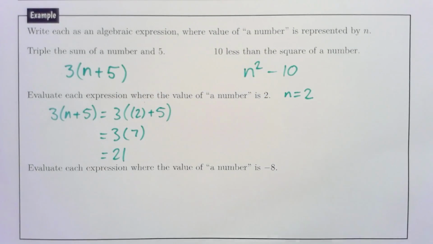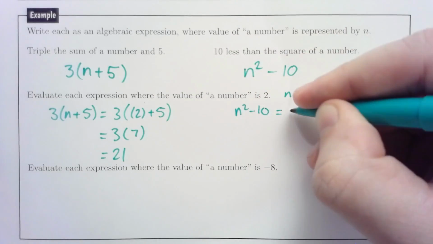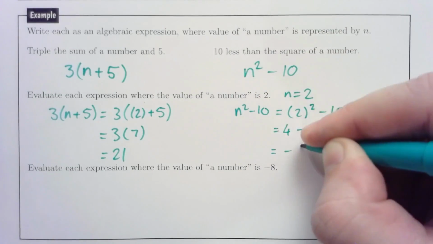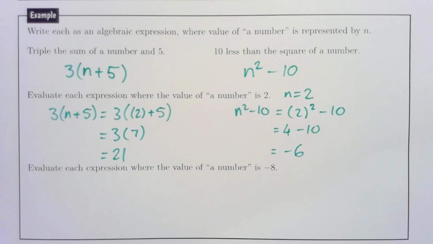We can do this with n squared take 10 as well. So we replace n with 2. 2 squared is 4, and 4 take 10 is -6. Then we're asked to do this again,